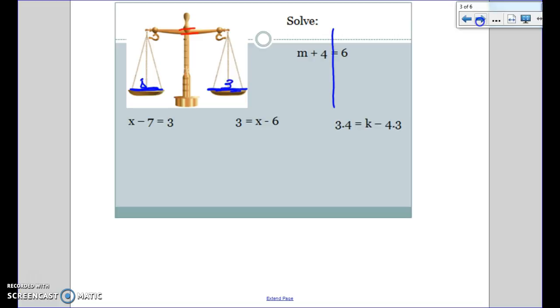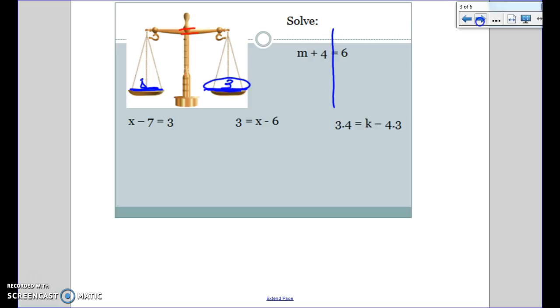That's the same strategy we're going to use when solving our one-step equations. We would like the variable to be the only thing left on one side of the balance, and whatever is left on the other side, we will know that is what it's equal to. In this case, I have the variable m, and I have a constant of positive 4, or plus 4. I would like to use inverse operations